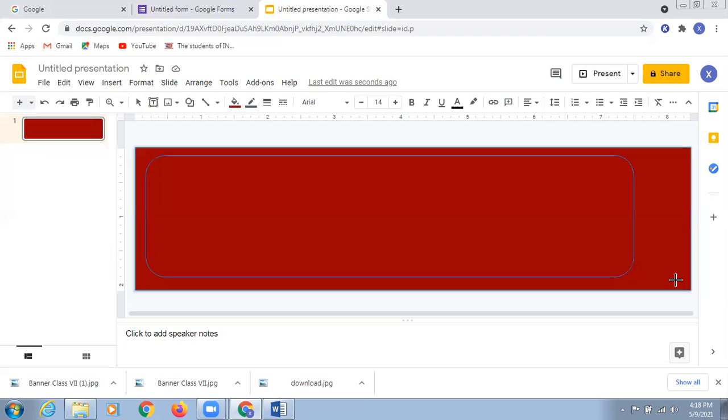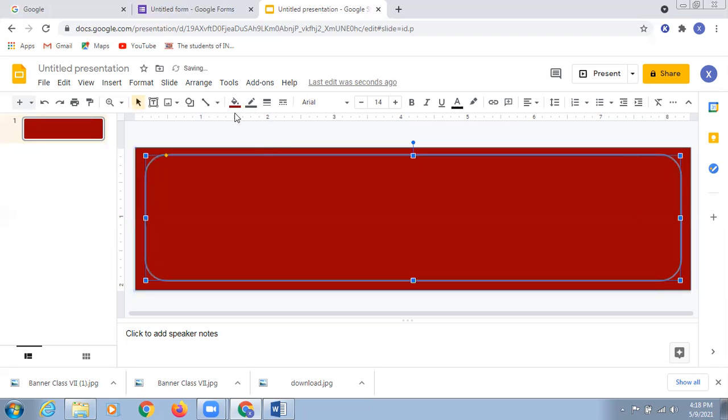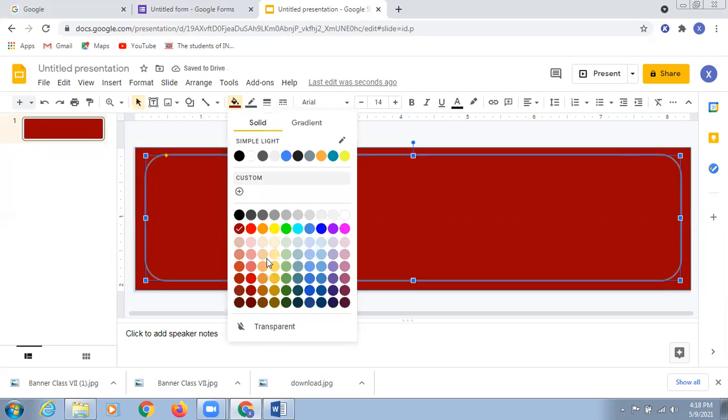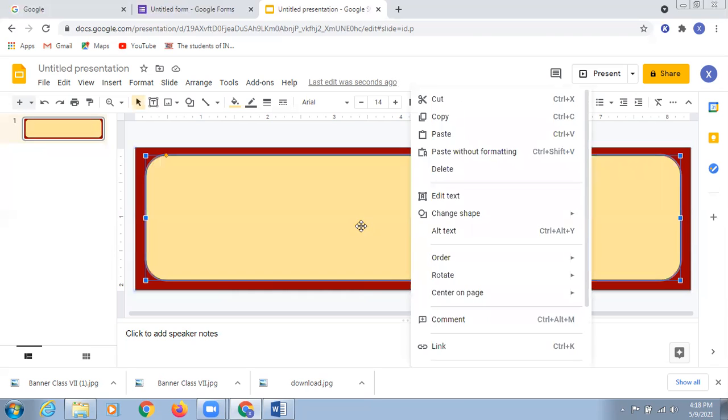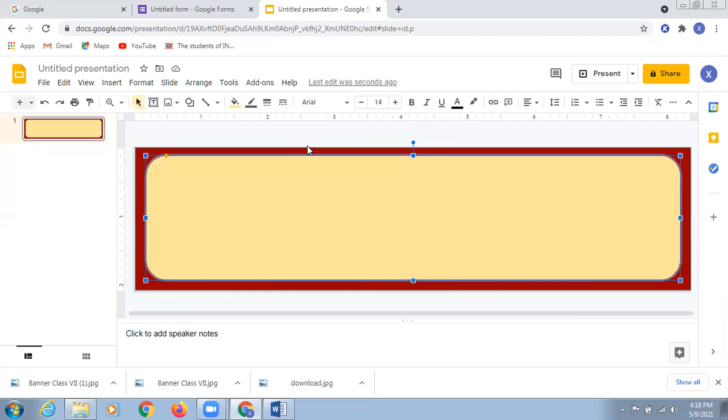Again, I'm saying this is not compulsory, to use these shapes only. You can use any shape, no issues with that. It's up to you which kind of shapes you want to use. So yes, we have done with that particular portion. And now what we are going to do, we are just supposed to add the text here. So we are just going to click.